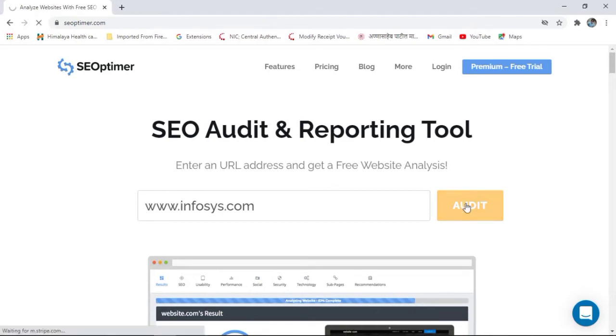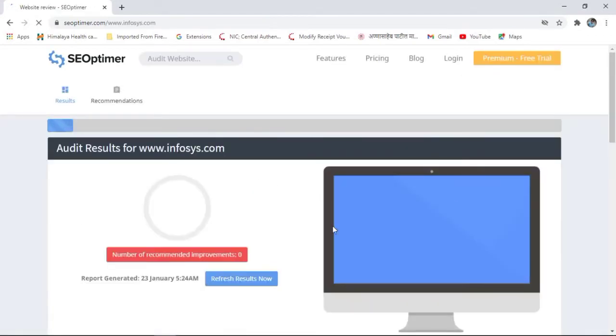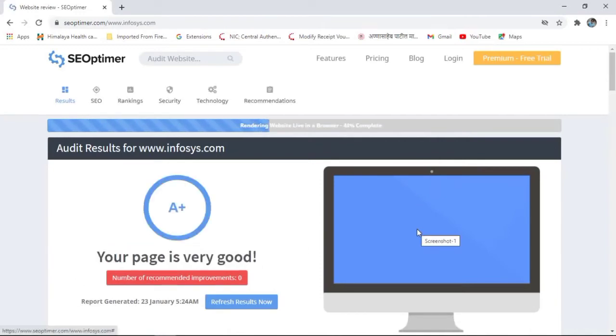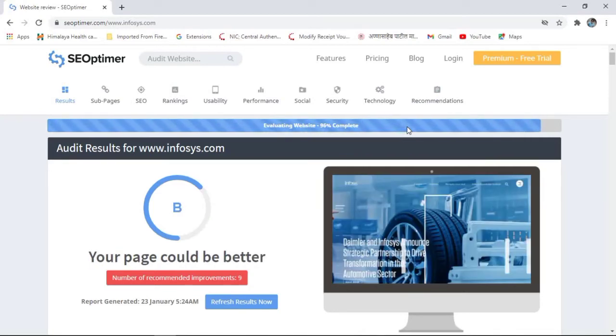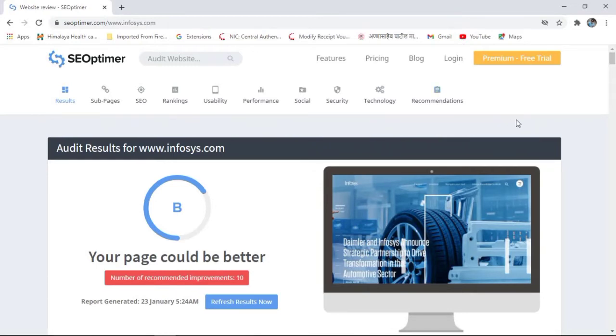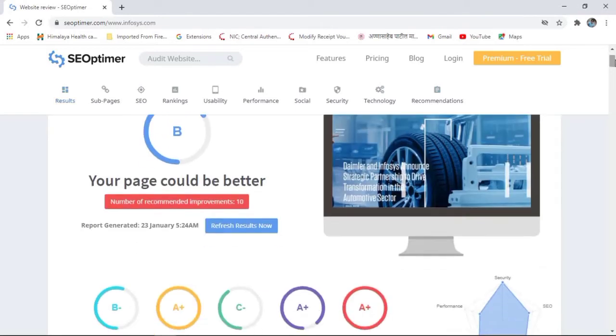Click on the audit button and now the audit has started. Here you can check the progress, 57% completed, and now 100% complete. So now you can check the result.